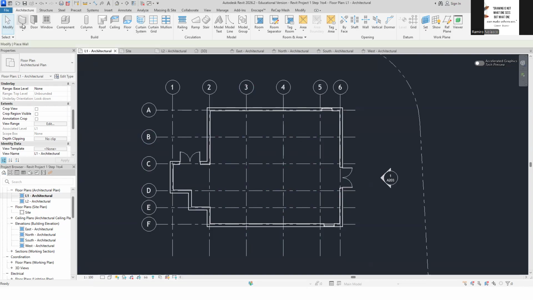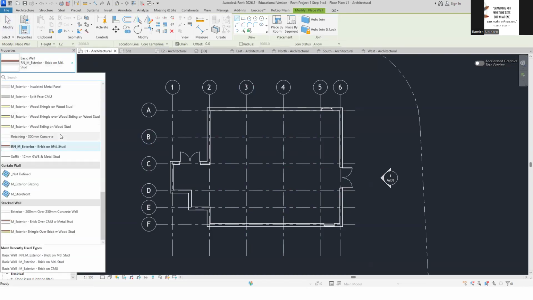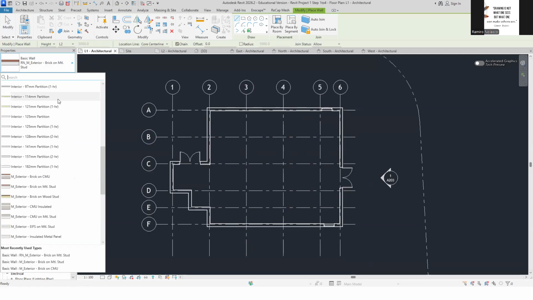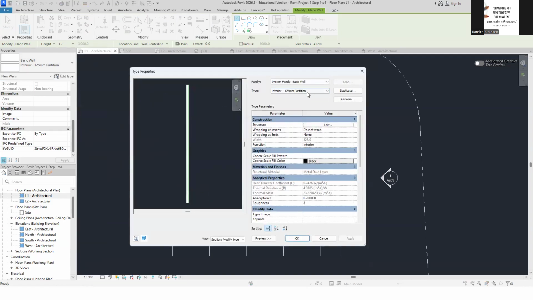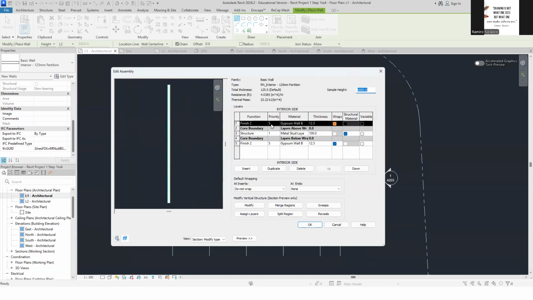You create a wall, right? You select an interior wall that's similar to ours, close, okay? You edit the type, you duplicate, you say RN, okay? Remove the 2, click OK, and then you edit the type, gypsum, ours is 13, so we say 13, and then metal stud is 96, you type 96, and then we have another gypsum of 13, okay?